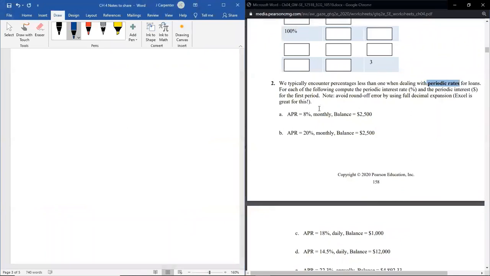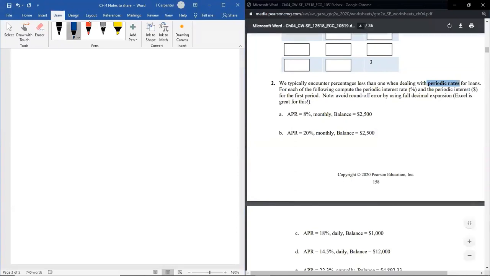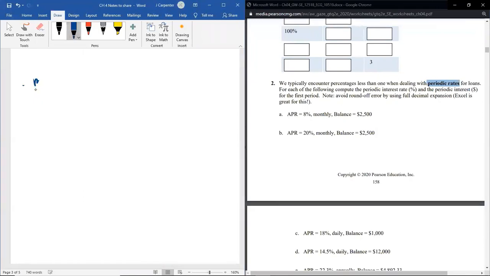All right, so with an annual percent rate of 8%, but we're going to be paying or getting our money monthly. So this is compounding monthly. That word is going to be seen over and over soon. And we have a balance of $2,500. So they said this was a loan, so we borrowed $2,500, or this was just our balance. Currently, it's exactly $2,500, which is pretty rare. So maybe we borrowed $2,500, and the people we borrowed it from want a monthly payment of their interest, and they're going to make 8% annually. Because they're getting their interest monthly, we have to convert the annual rate to a monthly rate. So the monthly rate